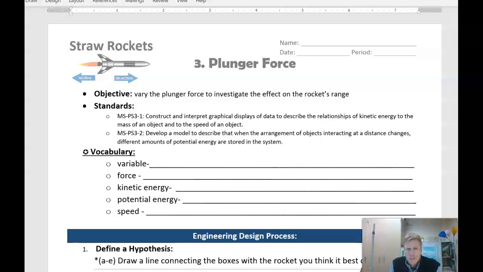Good morning, class. We are on rocket activity number 3, plunger force. So what we're going to be doing is testing different forces given to the rockets to see if that makes a difference. I think most of you know what's going to happen, but we're still going to go through the process and